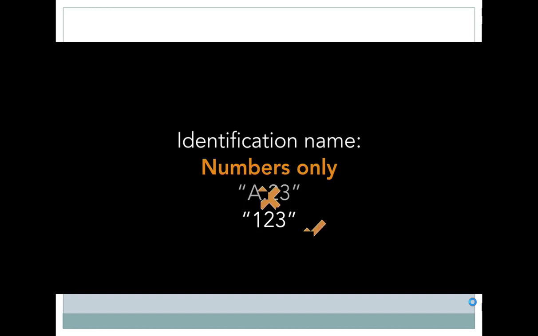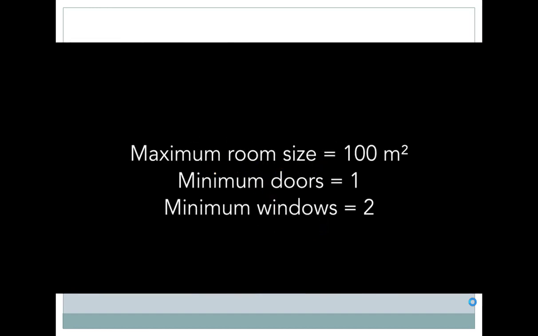It should look like this. It must be made up of only numbers. It should not contain any alphabetical letters. Another could be that a room cannot exceed a certain size and should have at least one door and two windows.